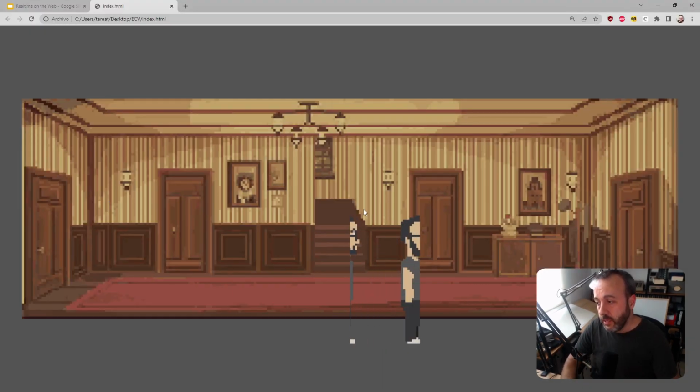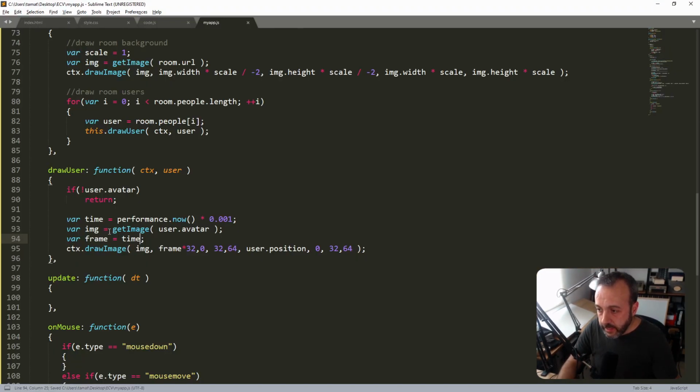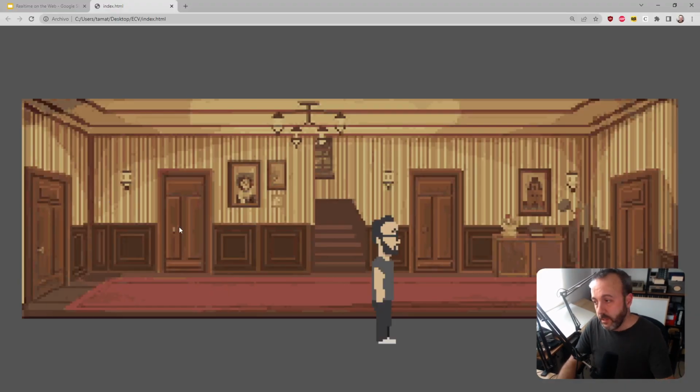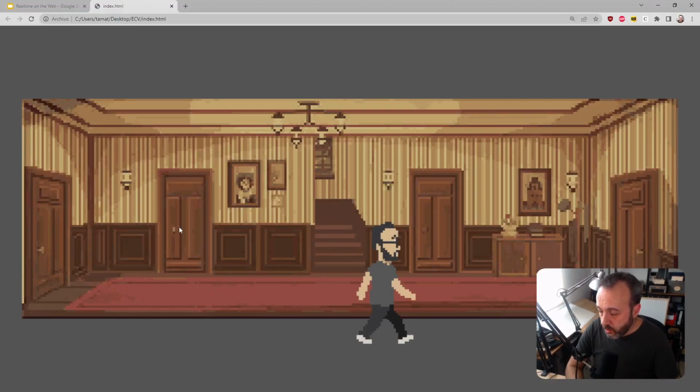If I reload this, you can see that this number has decimals. If you multiply the milliseconds by 0.001, it's going to be 1.001, 1.002. But we want the frame to be a round number, an integer. So what I'm going to do is remove the decimals. If I remove the decimals, it's going to be 0. After a while, it's going to be 1. After a while, it's going to be 2. Okay, so now you can see 0, 1, 2, 3, 4, 5, and it's going